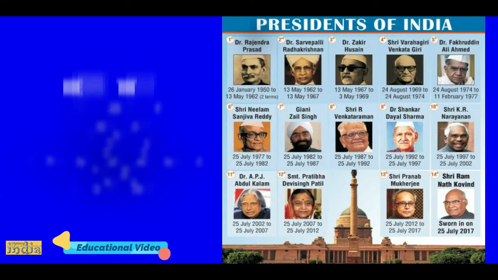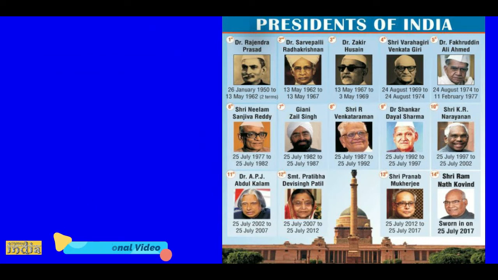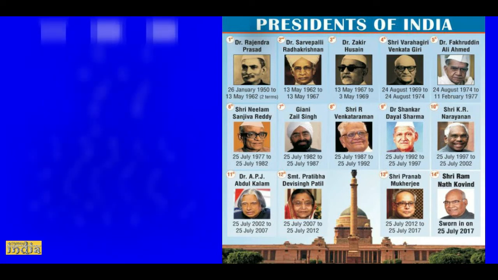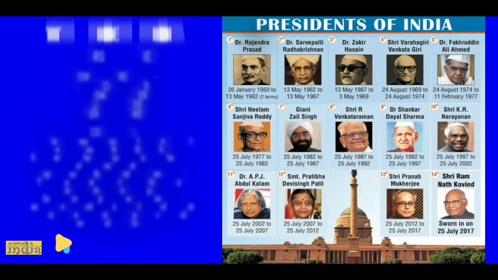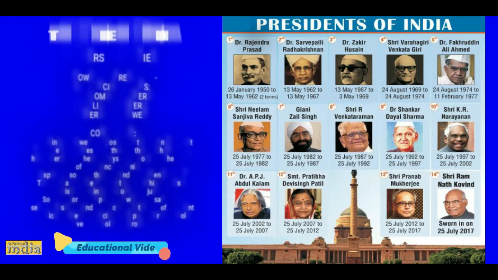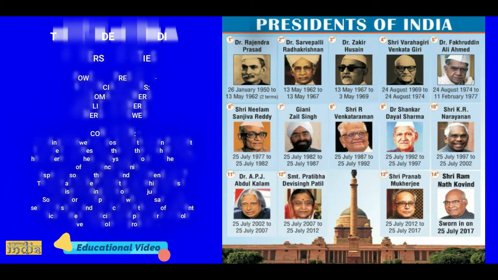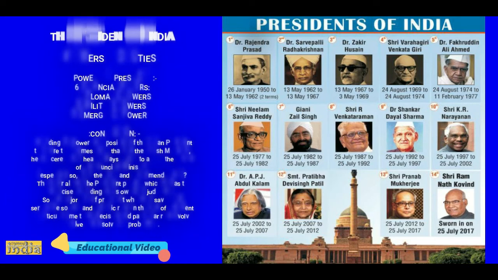2. The President has, at his disposal, the Contingency Fund of India. Out of this fund he can sanction advances to meet unforeseen expenditures. 3. He appoints the Finance Commission of India, which examines and makes recommendations regarding financial relations between the centre and the states. Number 4. The President has some judicial power. He cannot be punished by any court.